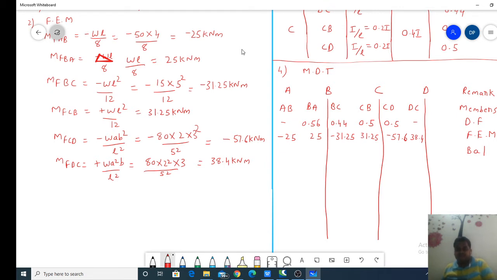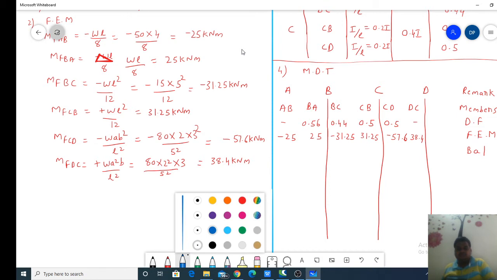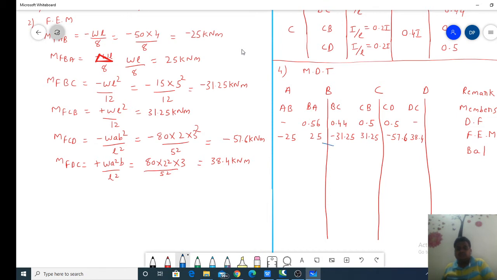I need to change the sign, so this will be plus 6.25. Similarly here, 31.25 minus 57.6 is minus 26.35. Change the sign and I am writing